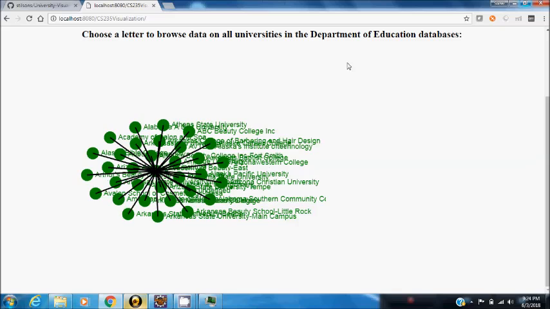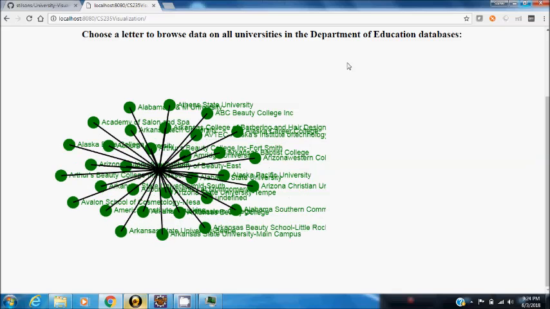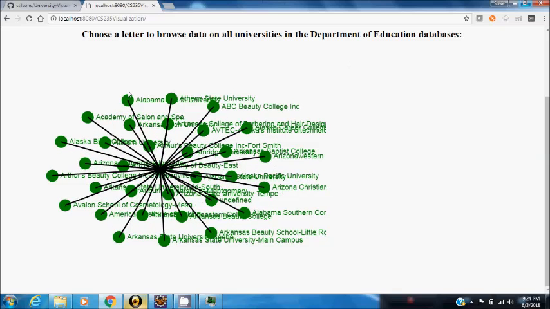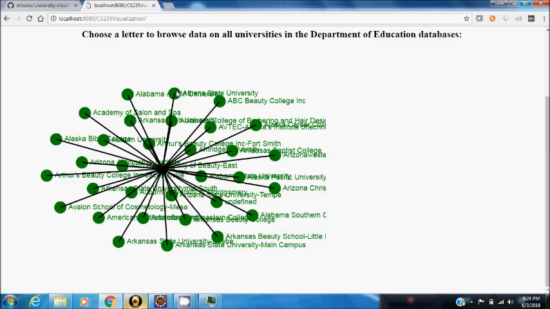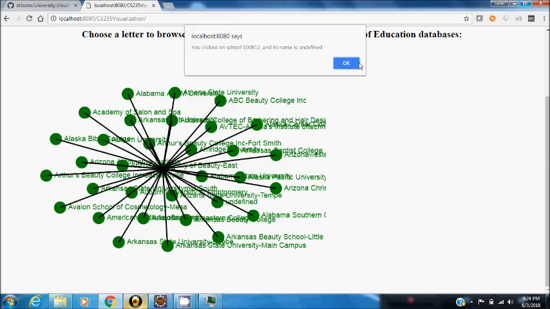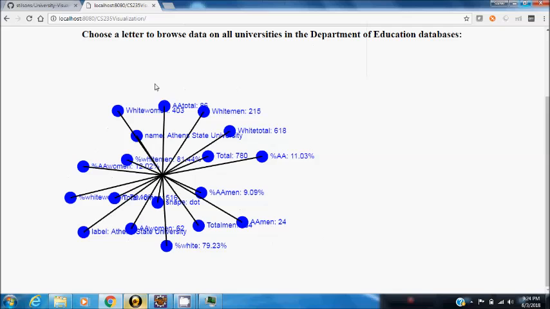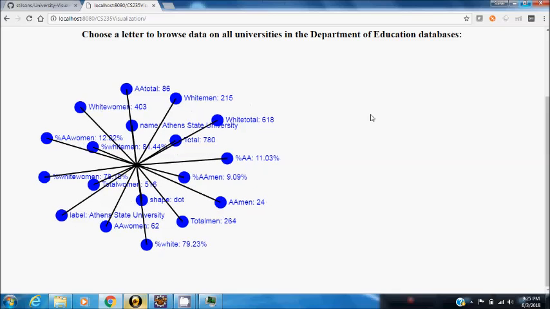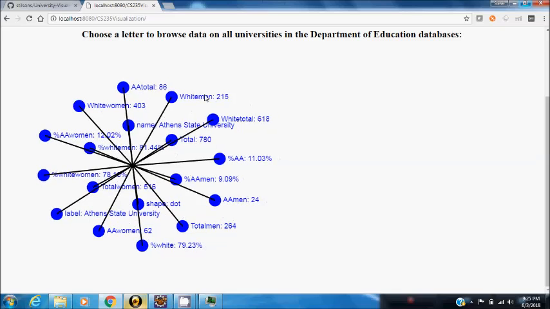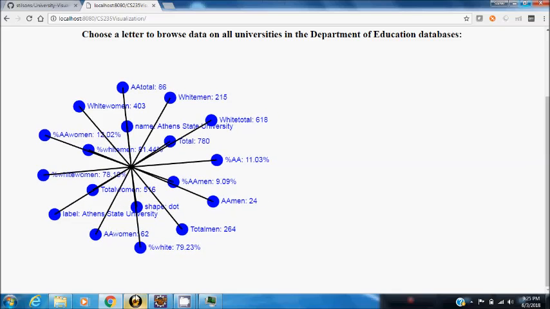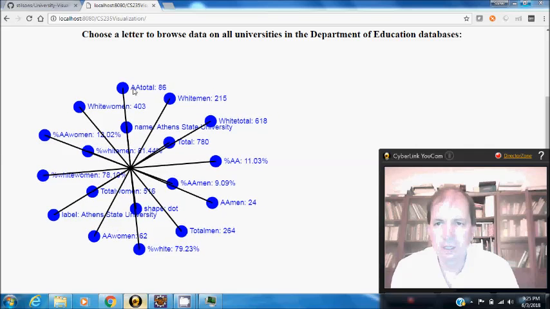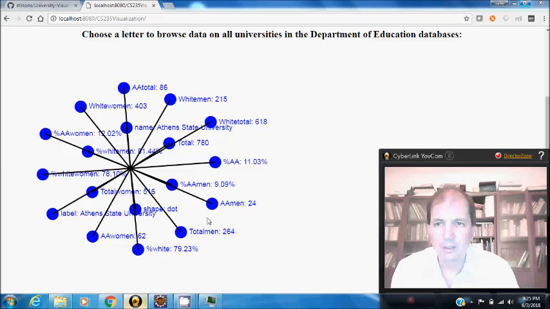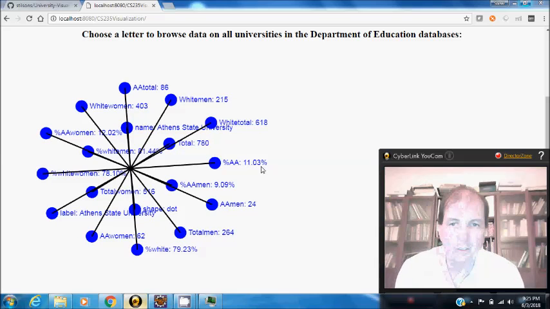So let's go ahead and choose one. For example, Athens State University. Yes, these are all the different attributes of Athens State University. White 618, men 215, African American total is 86, percentage of white is 79, percentage of African Americans, therefore, here you can see is 11.03, which is pretty low. African American men is 9, African American women, there are 62 of them, and the percentage of African American women